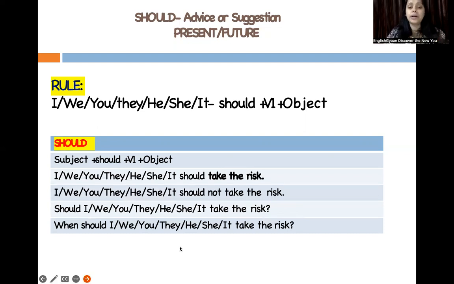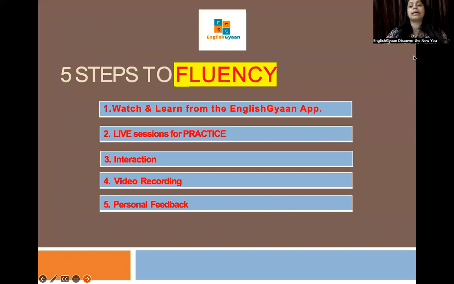I should read, मुझे पढ़ना चाहिए. I should not read, मुझे नहीं पढ़ना चाहिए. Should I read, क्या मुझे पढ़ना चाहिए? When should I read? Why should I read? Or how should I read? So can is nothing but ability. Need to is nothing but requirement. And should is nothing but your advice or suggestion that you make. This is what the modal auxiliary